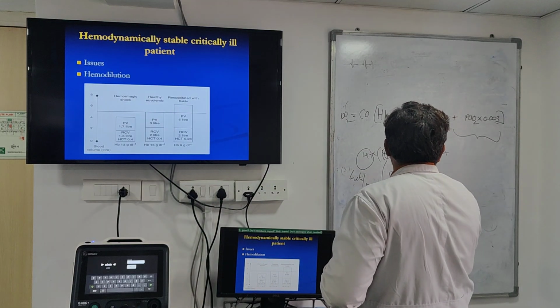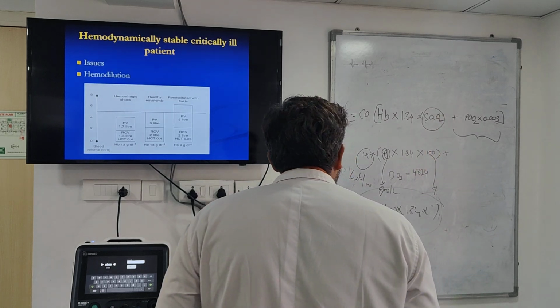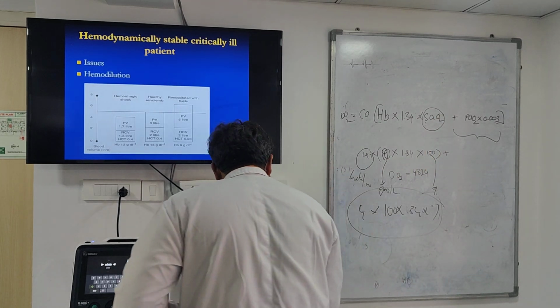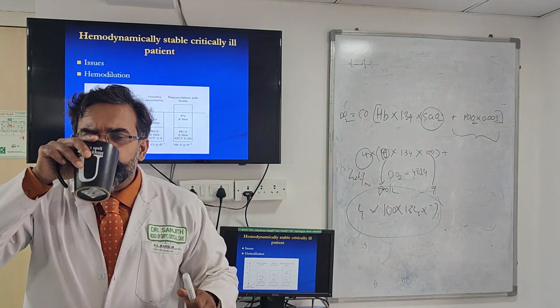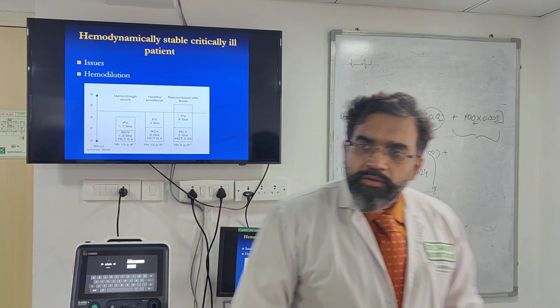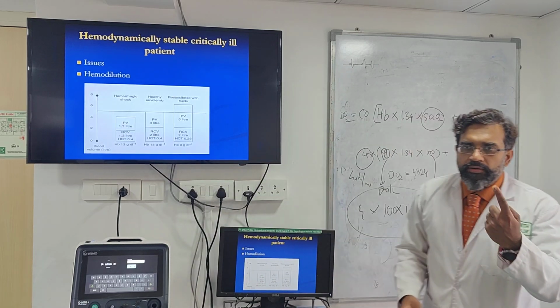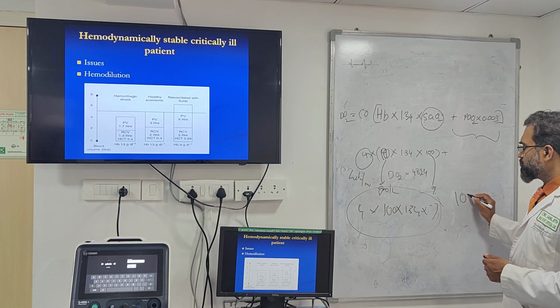0.36. No, we have to convert this to gram per liter. So this will be say 100, this becomes 100. Right? Gram per DL, no? Liter to convert into 100. Liters will go on top. 100%, 1. So when you now combine all these things, you will get an answer somewhere around 1000, right?